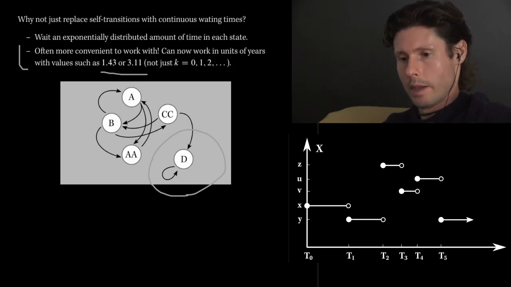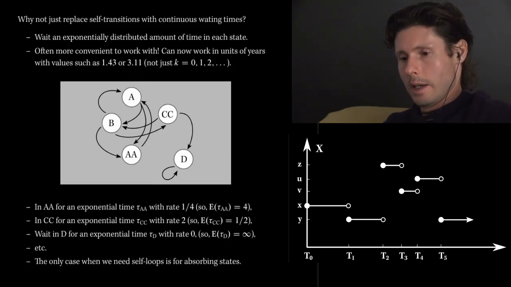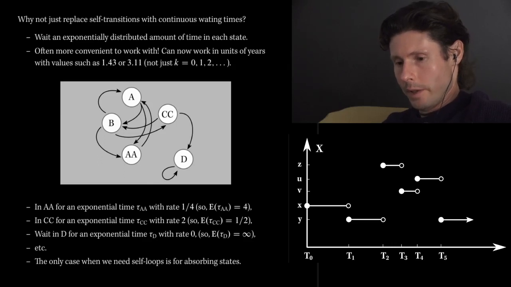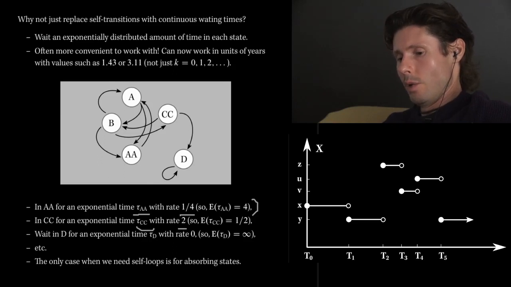That's the nature of continuous time Markov chains. Like I already mentioned, every single state will have an exponential random variable associated with it. So tau AA maybe with rate 1/4. I'm just making up an example, which is basically saying this bank stays on average for 4 time units, and the time units are now up to you to pick. It could be months, could be years, whatever you like. Tau CC for the state CC I've given a rate of 2, which means we would on average stay for half, let's say a year, at that rating, and so on and so forth.